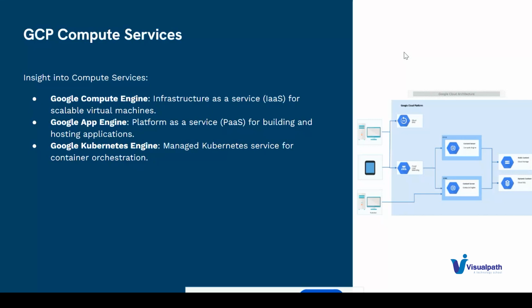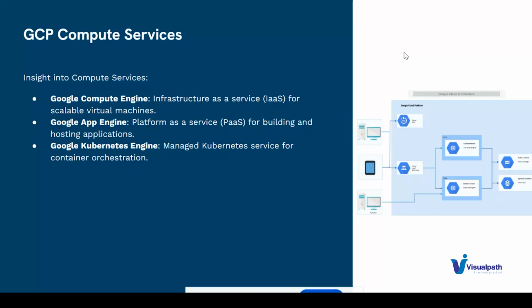So if you see Google Compute Engine, it is similar to a VM. In AWS we call them instances, here it is Compute Engine, and in Azure we say virtual machines. Okay, and this is something we can treat as infrastructure as a service. So here we are going to provision the VMs, I mean virtual machines. Suppose I want a Windows machine or Linux machine, so I can try to create a machine.